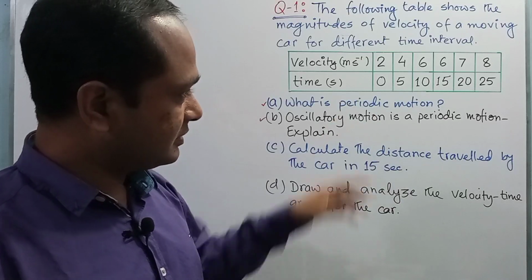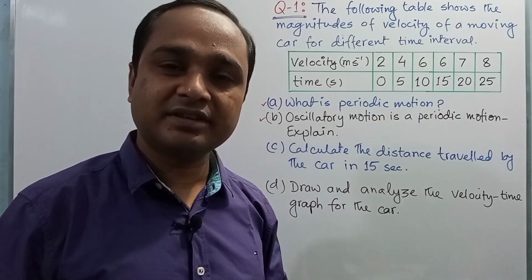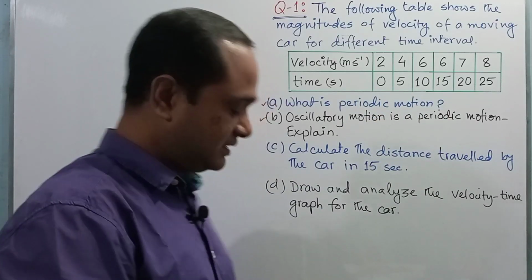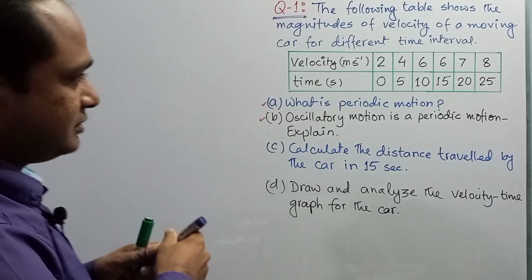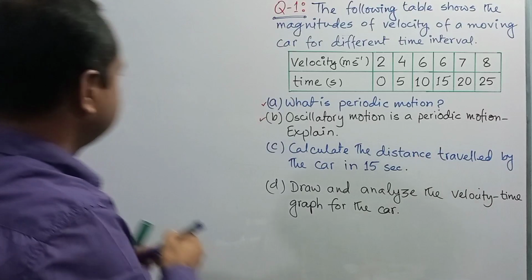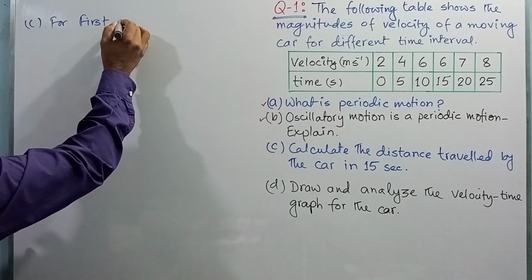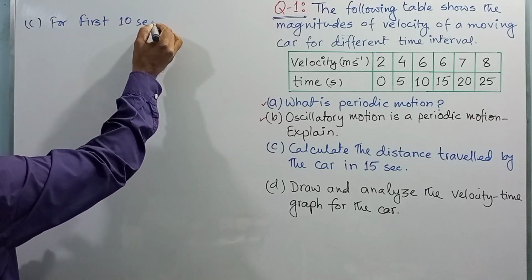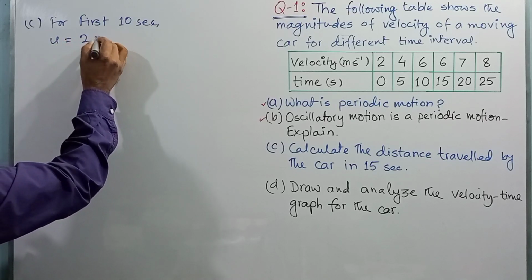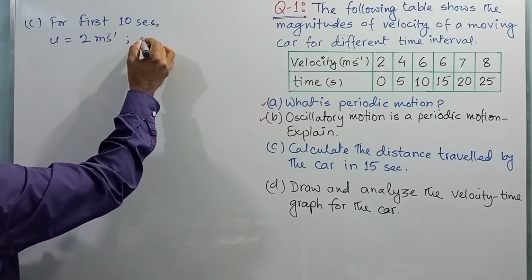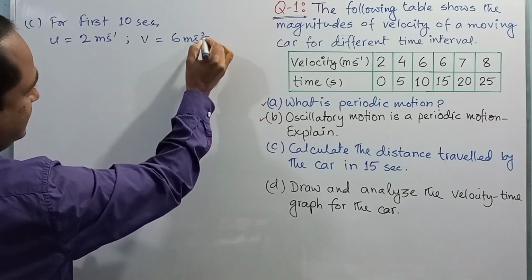First 10 seconds the motion was with uniform acceleration, and second 5 seconds the motion was with uniform velocity. So to calculate the distance, we have to calculate the distance for the first 10 seconds. So we can write that for first 10 seconds, right? Initial velocity u was 2 meter per second, final velocity v was 6 meter per second,